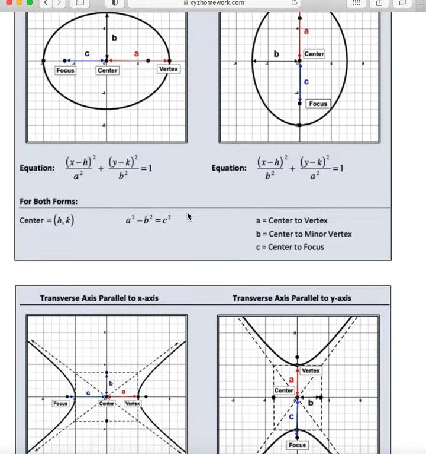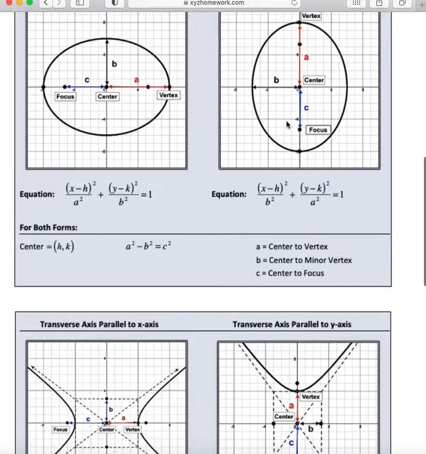asymptotes. In terms of telling A and B apart in an ellipse, A is always the largest value. It's the major axis, so it has to be larger than B. So when you're looking at an equation, it's going to be the larger of the two numbers. And if the large number is under y, you know this thing's running parallel to y. If the large number is under x, you know the axis with all the stuff on it is running parallel